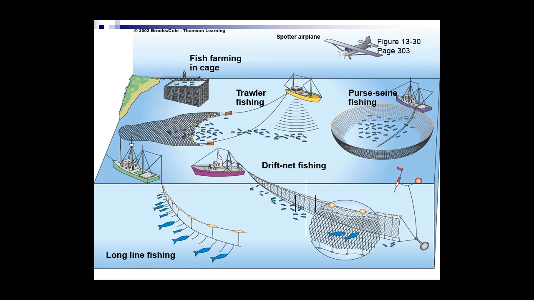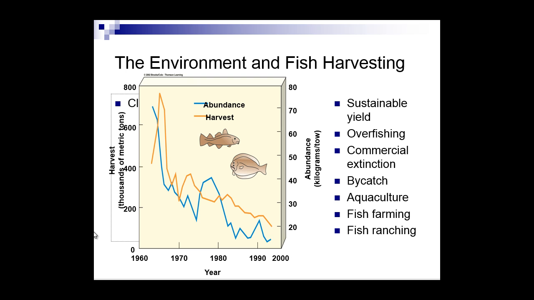And so what are the environmental problems with this? Well, let's just examine this chart. Okay, mid-60s, high abundance of all types of fish generally. With high abundance comes lots of fishing. Well, what happens when your fishing harvest overcomes your abundance? Well, your population declines, and it continued to decline until the 1970s when they started putting laws in place.